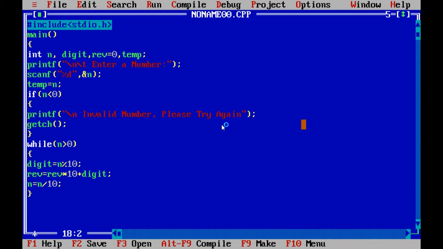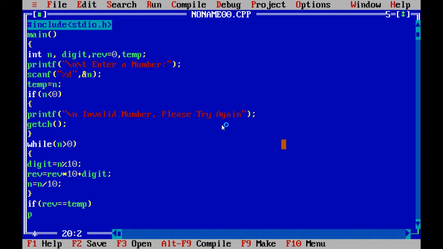This is the loop. First, in the while loop, we evaluate the remainder. After that, we find the reverse multiplied by 10 plus the digit, the remainder. Again, we take the quotient into the n value. This is the loop. It will calculate the reverse of a number. After calculating the reverse, we compare it: if rev equals temp. The original number is copied in the temporary variable.